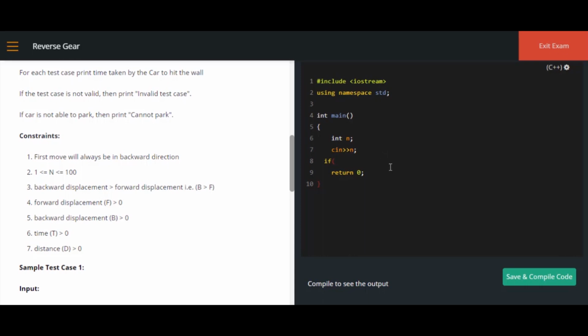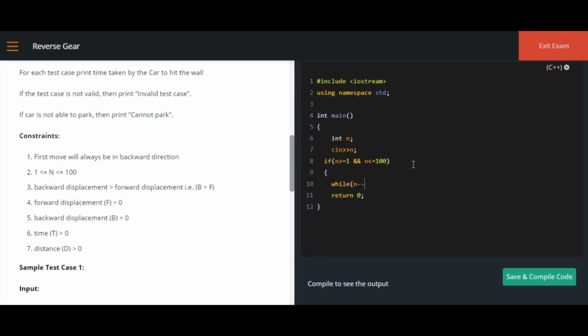So let's check it. Let's put it like this: n greater than or equal to 1 and less than or equal to 100. If this is true, then